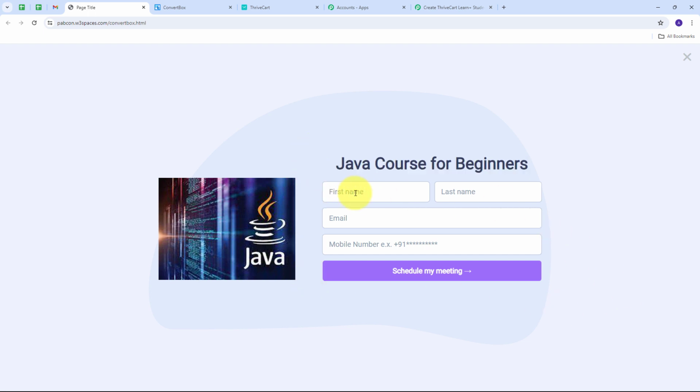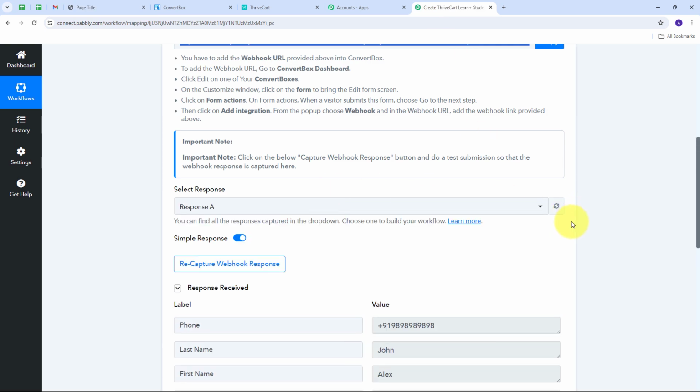So here I need to first give my first name, so that will be Alex. Now I have to give my last name. So my last name will be John. Email will be alexjohn@pabblytunes.com, and I'm going to give a mobile number. So this is my random mobile number, and now I'm going to click on schedule my meeting, and I have successfully submitted this form. Now I need to take you back to Pabbly Connect,